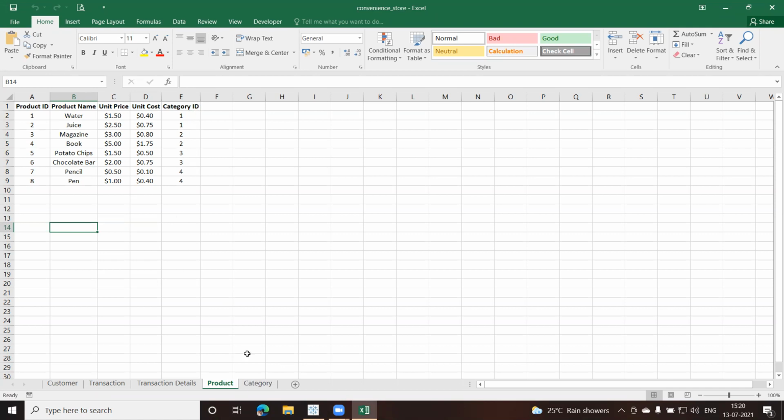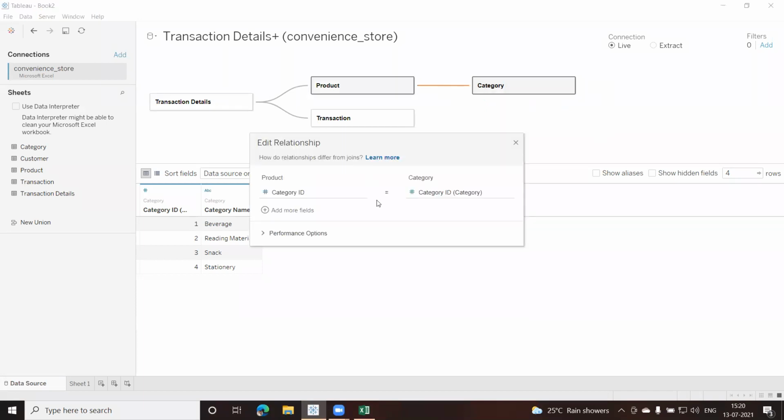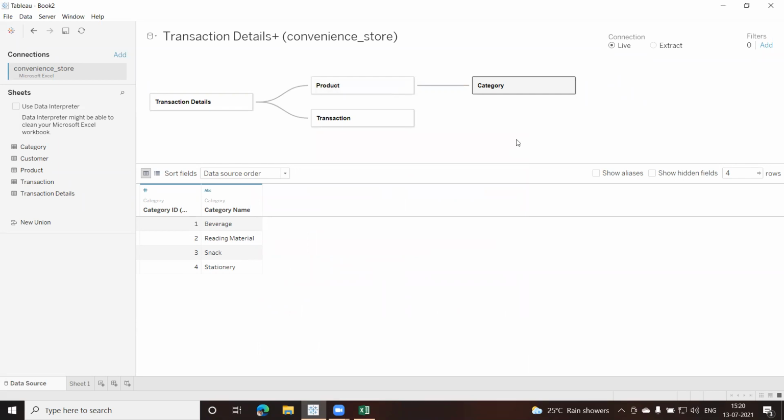Basically, the main reason why I am showing you this is that sometimes the relationship which gets established need not be the same as what we feel it should be. This need not be many to many. Your category is 1, so one category, many records. So this will be one to many. You can have a relationship like this, one to many. Fine, close this. This can be done.